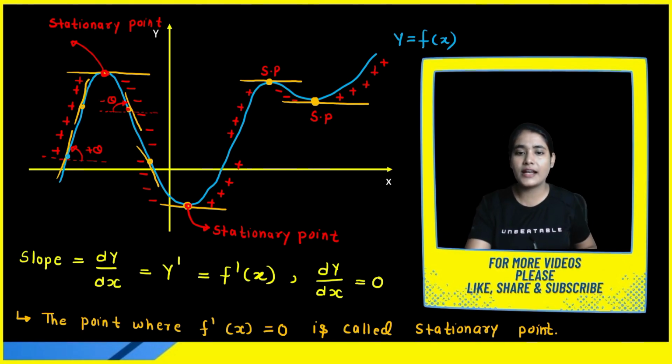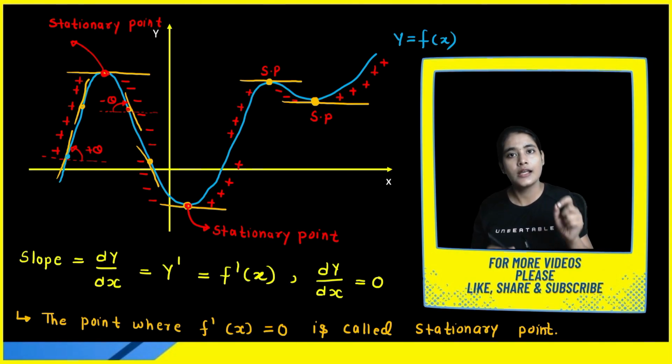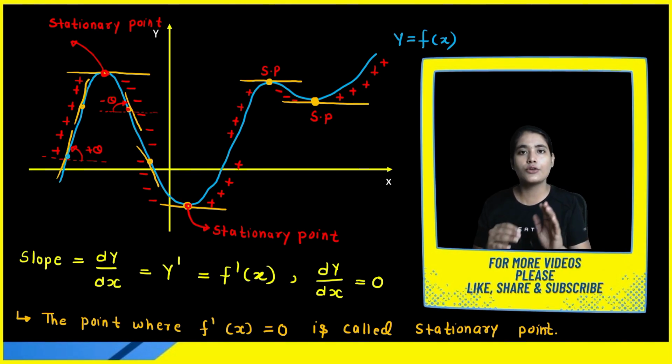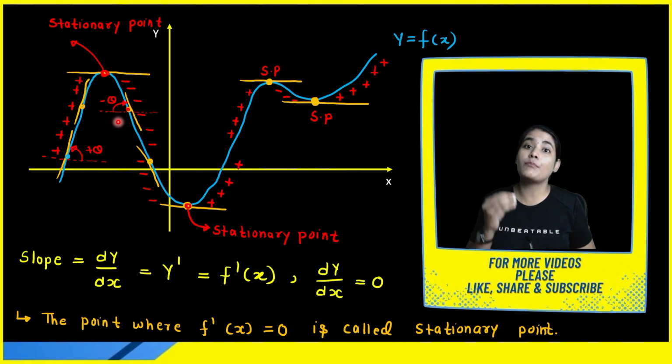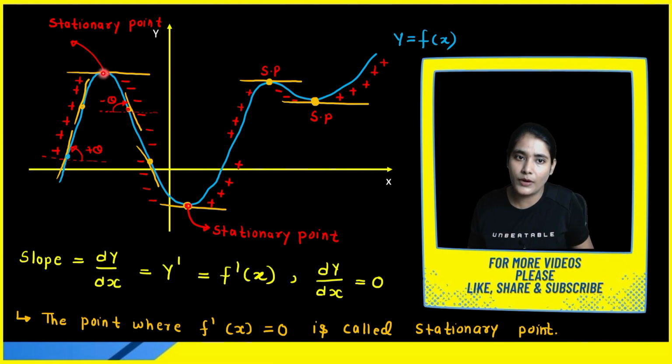Okay, so try to understand, whenever we want to find out the value of stationary points, what we have to do. If we have any function, take the first derivative, put it equal to 0, you will get all the stationary points. At a stationary point, your function may be maximum. Okay, because you are getting a point of maxima at this stationary point. Because if we are talking about where you are getting the maximum value of y, you will say, ma'am, at this point when you take the value of y, you will get the maximum value of y. At which point are you getting the minimum value of y? You will say, ma'am, this point. At this point you will get a negative value of y, and this is the minimum value of y.